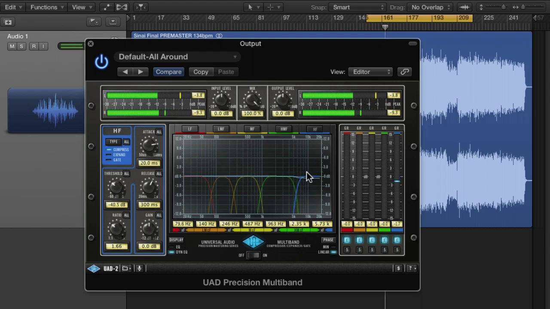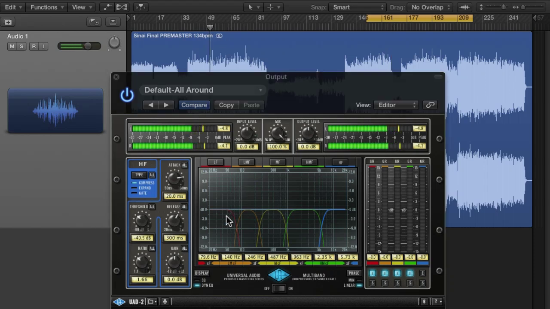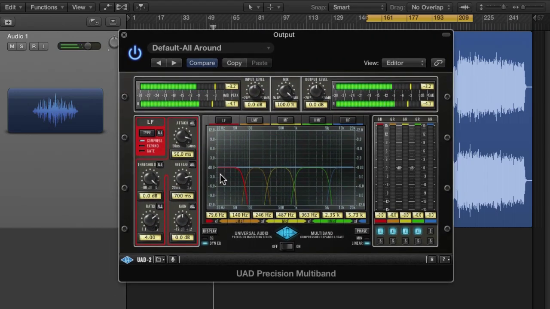But if you did have a hyped high end, and you couldn't go back to the mix, this would be a great way of controlling it. We can turn that band off. Let's say we wanted to control the low end, and the low end's going to be moving obviously a lot more slowly, just because of the nature of low end energy. And same process,